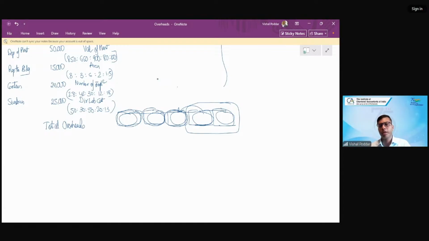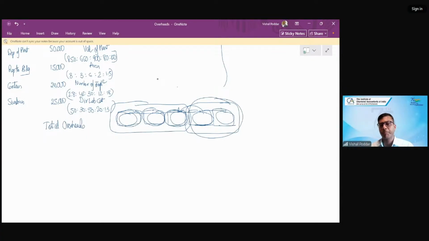Now, if this is clear, then comes the next step. Ultimately, I want the charging rates only for these departments. So before I calculate the charging rates, because the calculation of charging rates is by the mother formula, numerator total overheads, denominator the base for that department, what I will do is reapportion the expenses of service departments to the